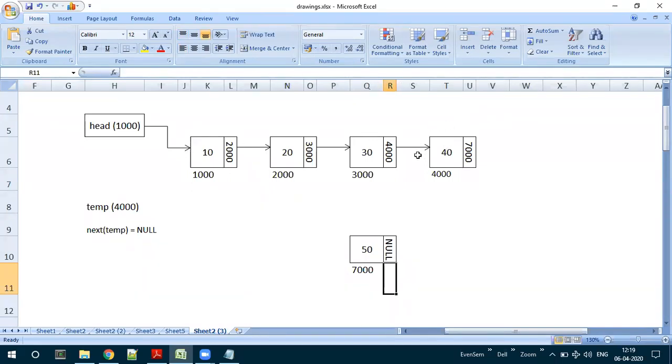When we reached the last node, the null value here we replaced with the memory address of the new node, and in the new node link field we updated a null value. So the null value here we removed and we added the link to the new node. Like this, we were able to insert the new node at the end of the list.